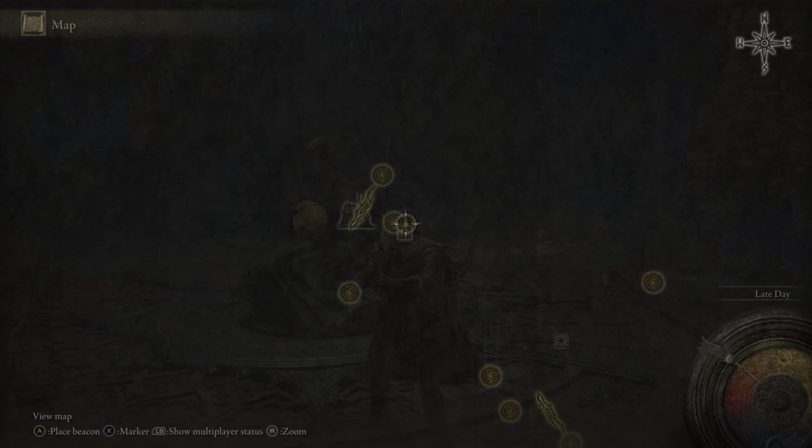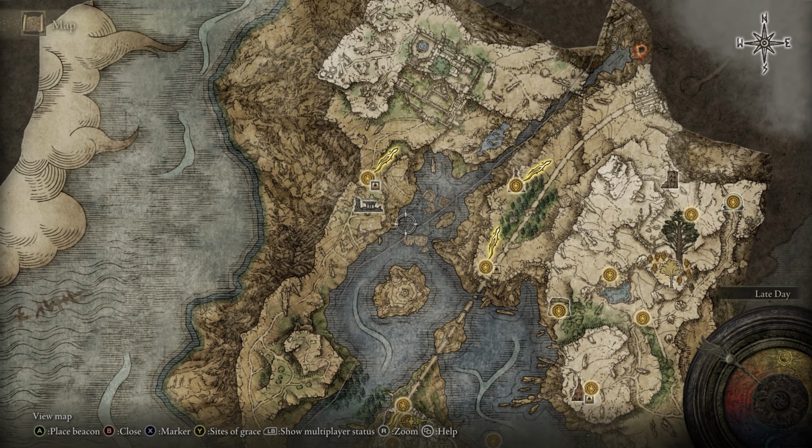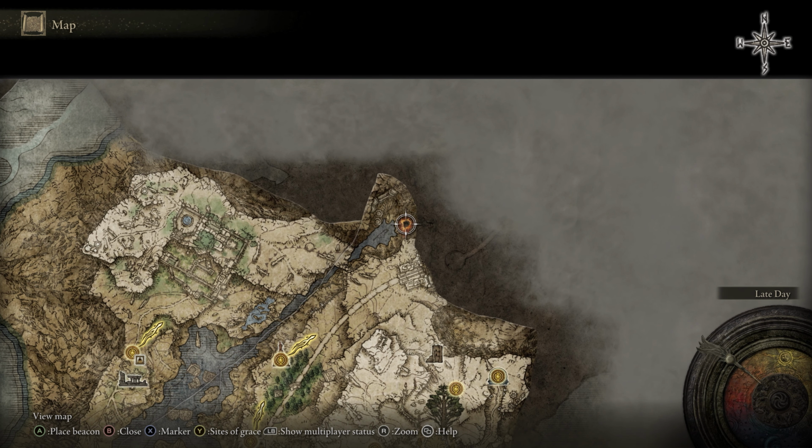Either way, that is going to wrap things up. With that, we are clear of the academy, and in our next part, we're going to be going on up to Caria Manor, and then from there, we're going to be using the tunnel here to make our way on up to Gelmir. So make sure